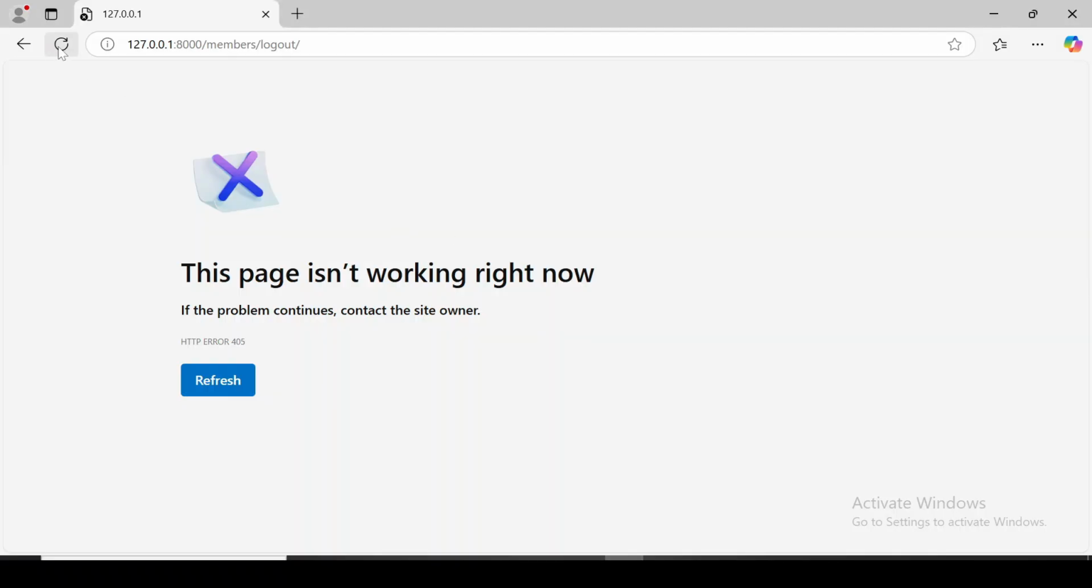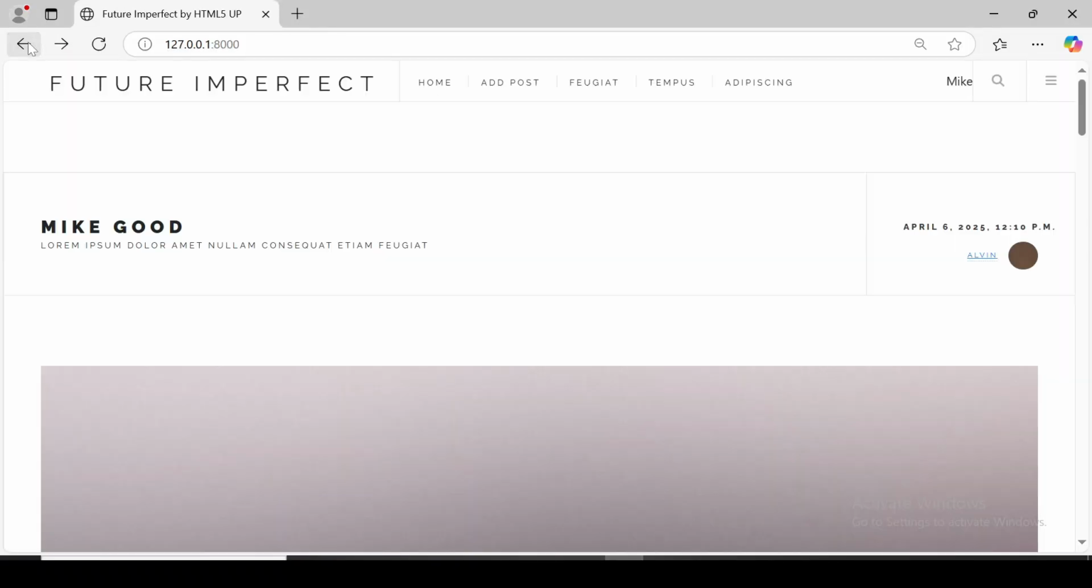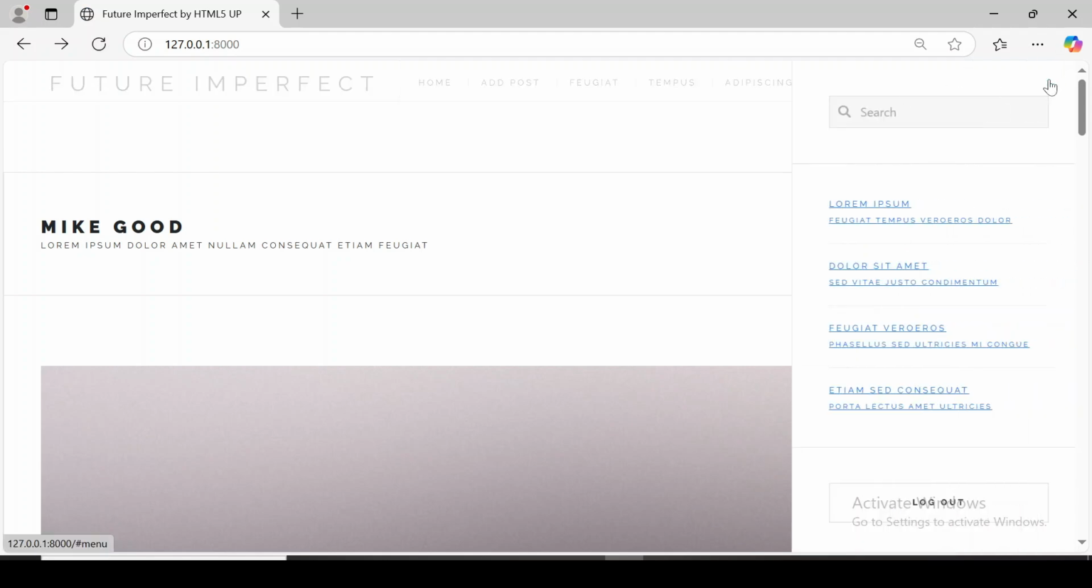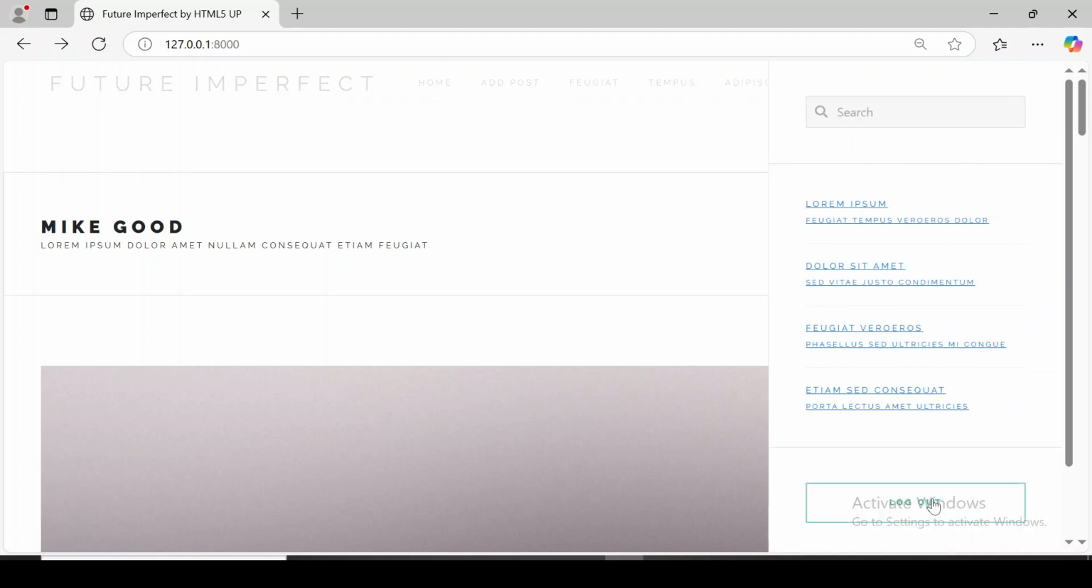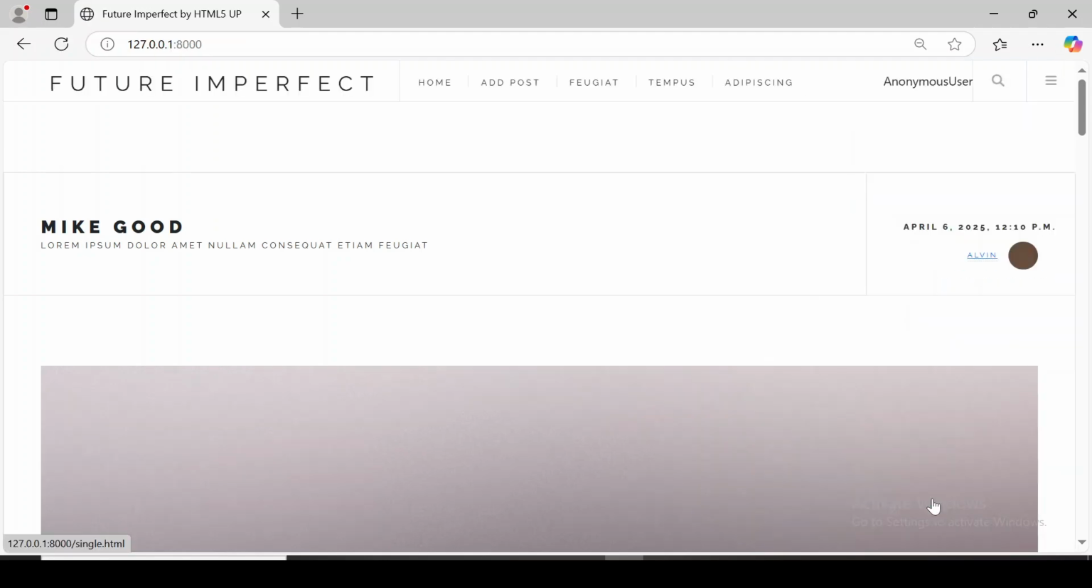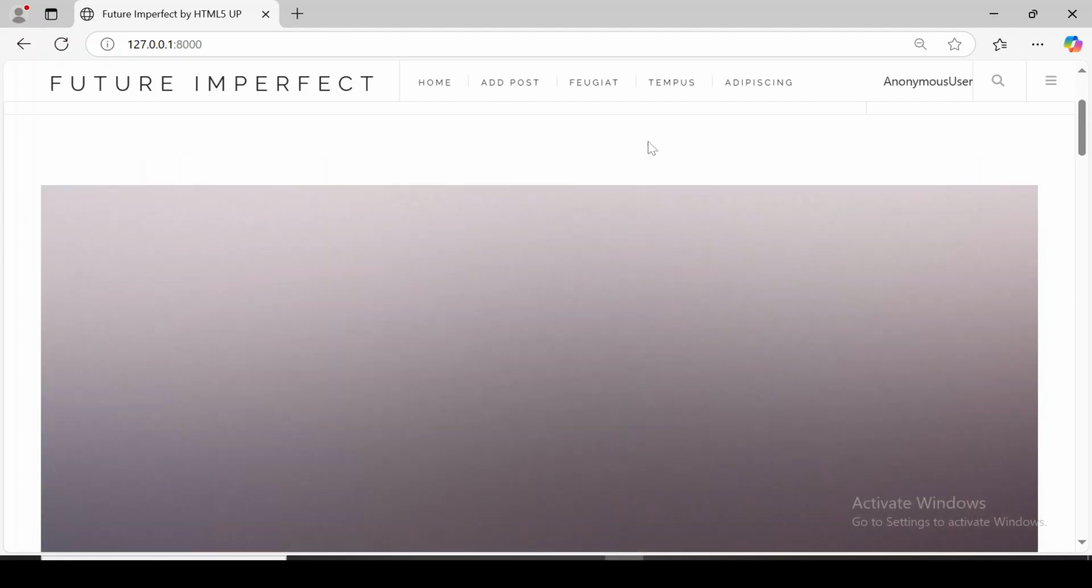Let's go back and refresh. So let me try and log out. Okay, now we can see logout. As you can see now, I'm seeing anonymous user, meaning nobody's logged in now. This is what I actually wanted. Now I know who is logged in, who is not logged in. Now I can see anonymous user, meaning nobody's logged in, just a blank page that anybody can come